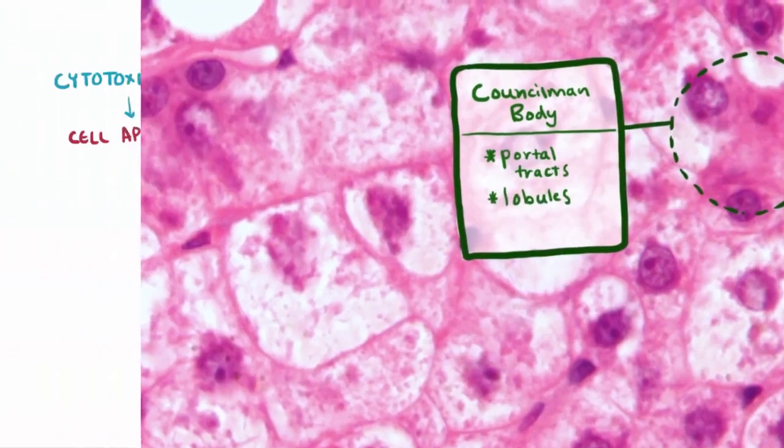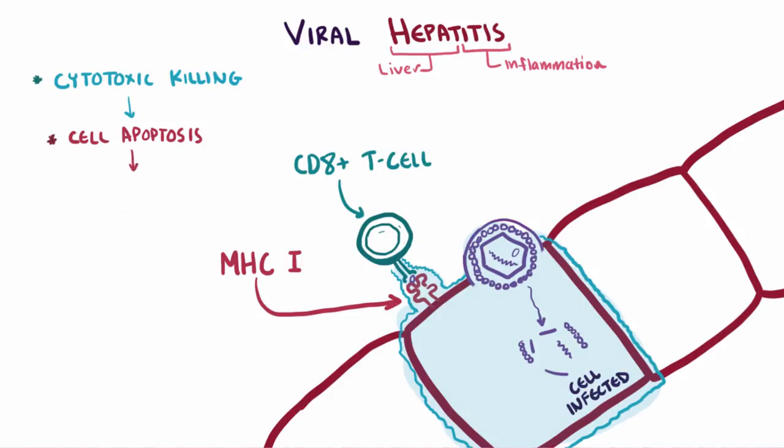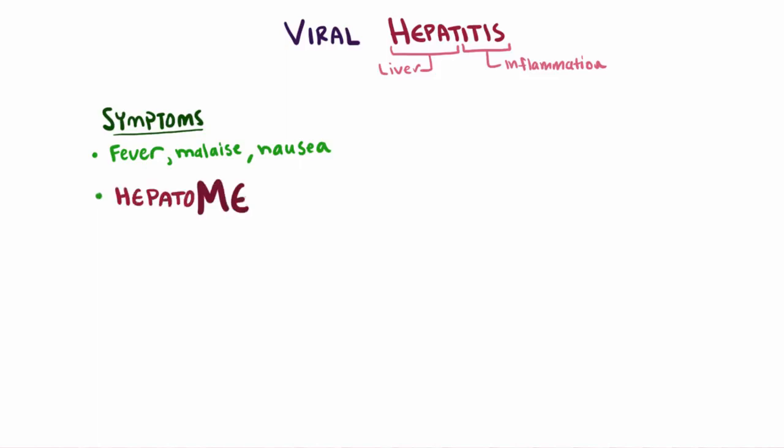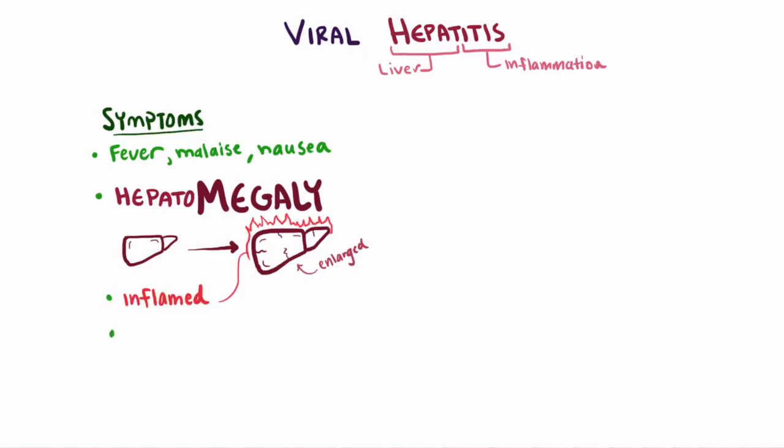This cytotoxic killing of the hepatocytes is the main mechanism behind inflammation of the liver, and eventually liver damage, in viral hepatitis. As someone's hepatitis progresses, we'll see a couple classic symptoms related to your immune system mounting an attack, like fever, malaise, and nausea. Additionally, though, patients might have hepatomegaly, where their liver is abnormally large from inflammation, which also might